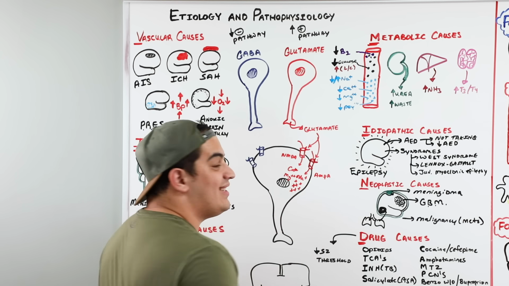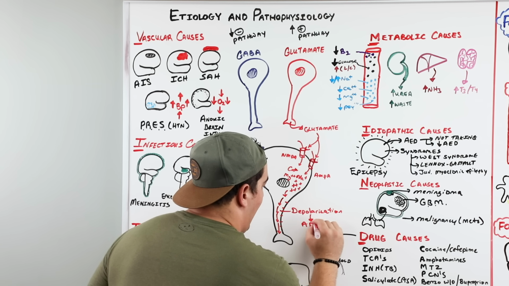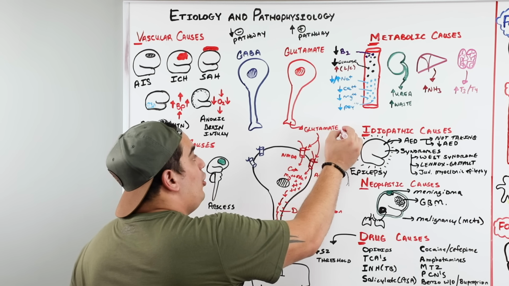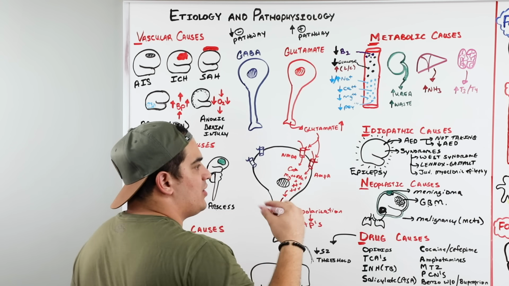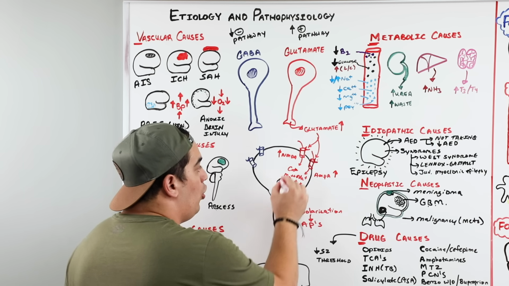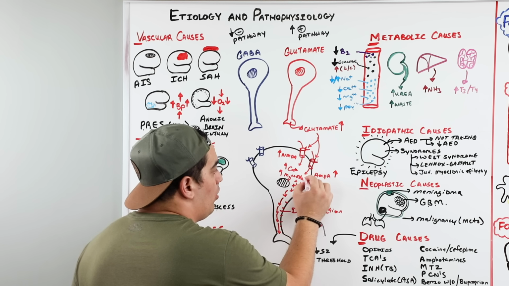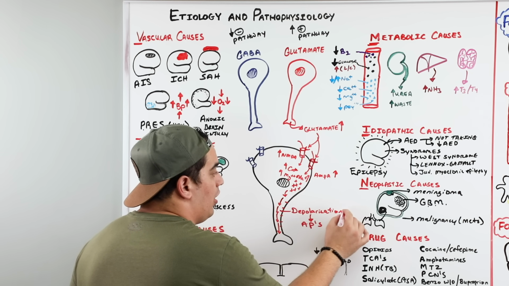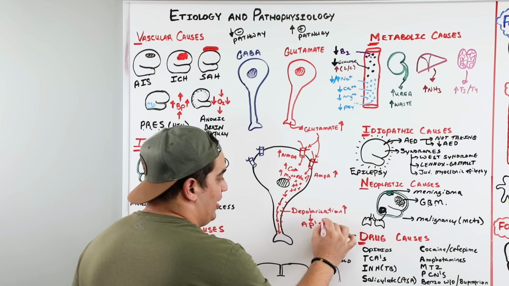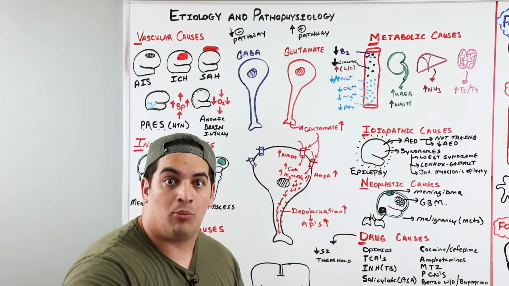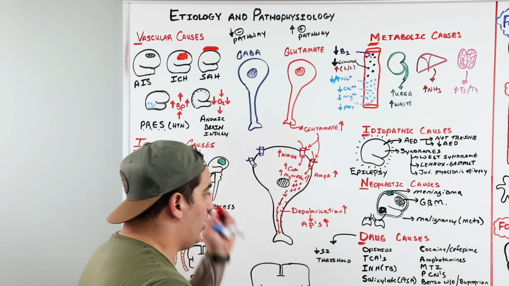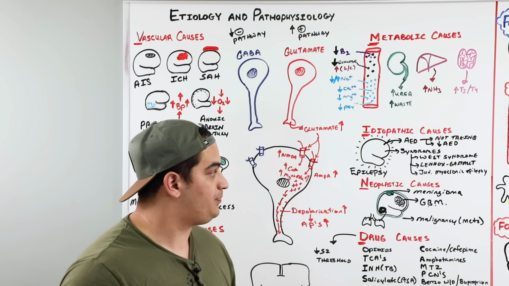So this could lead to a depolarization, and then therefore action potentials. If you have increased glutamate because of this whole theory of an increased positive activity pathway, there'll be more glutamate, more activity on the AMPA or NMDA, more calcium, more magnesium, more sodium influx, more positive charges, more depolarization, more action potentials, and that's where you get that abnormal, excessive, synchronous electrical activity that can occur within the central nervous system.